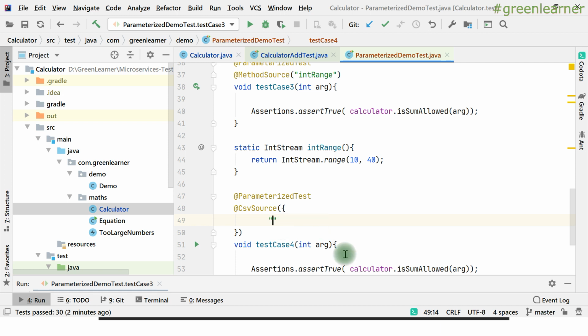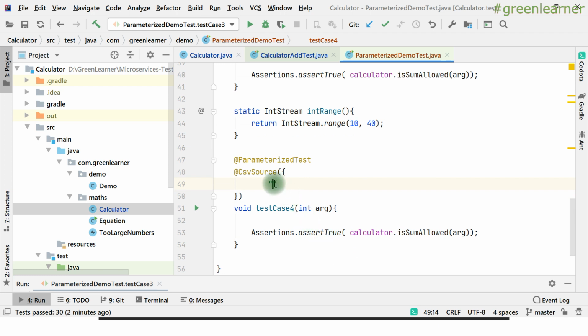So for example, I want to test the calculator sum here, the actual test case that we were writing, right? So for the first input I want to pass the number 1, the second input, and third I want to pass the expected result, right? And the same thing I have to pass here to determine that, int num1, int num2 and int expected, right?